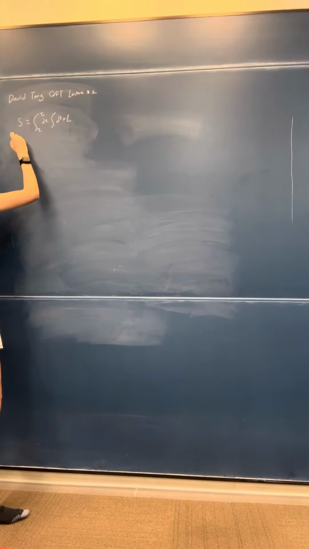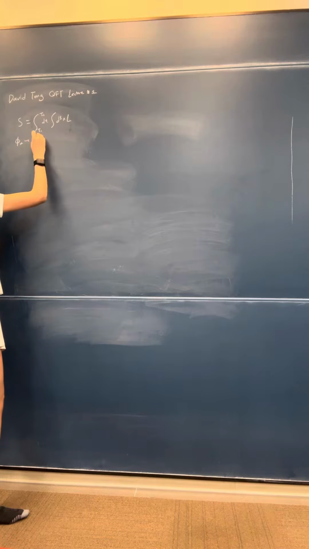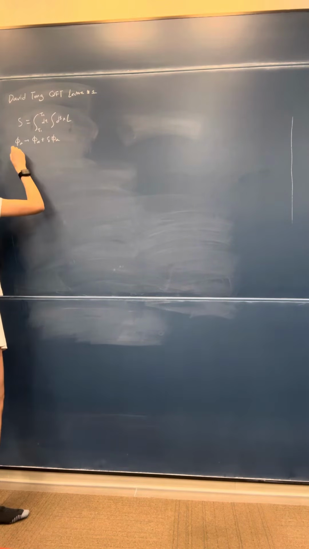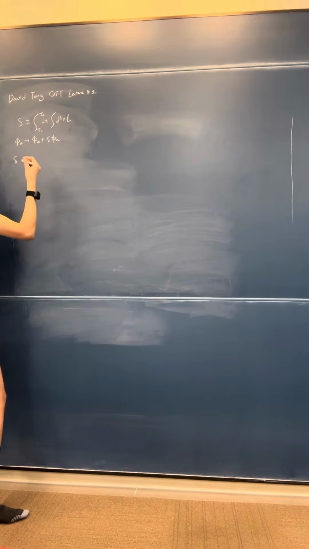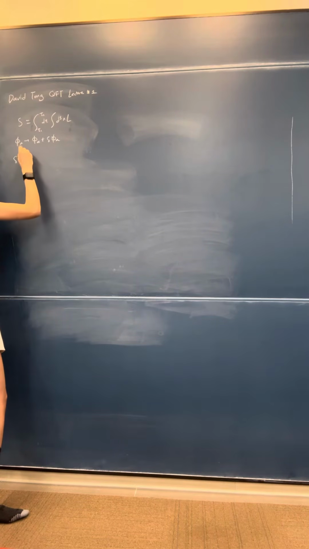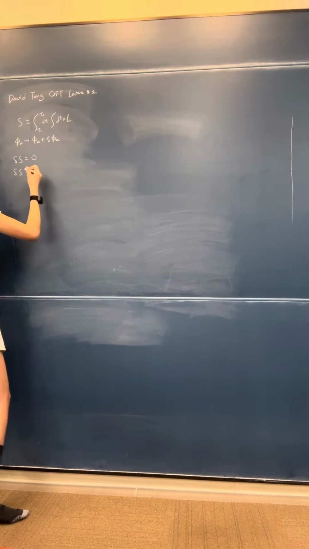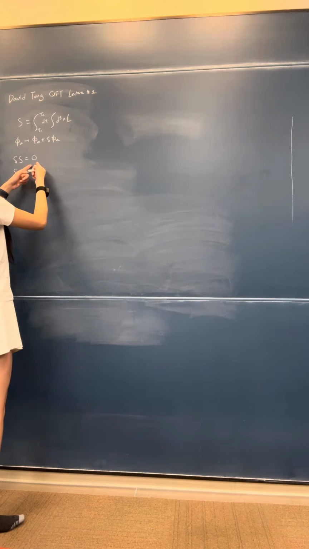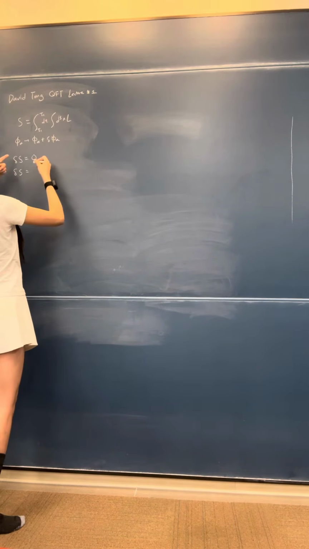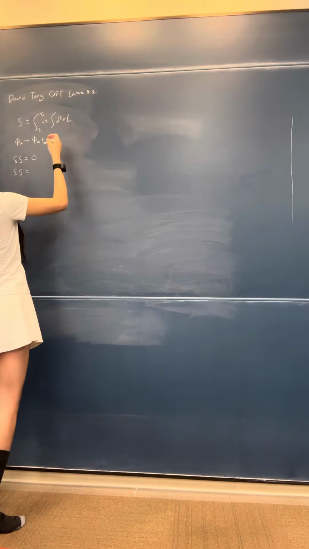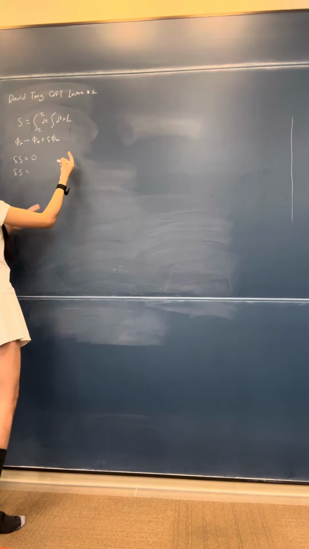Okay, and we have a field, we perturb it, and then we require the variation of the action to be 0. So from here, if this is 0, then this whole thing with dL will be 0. That means